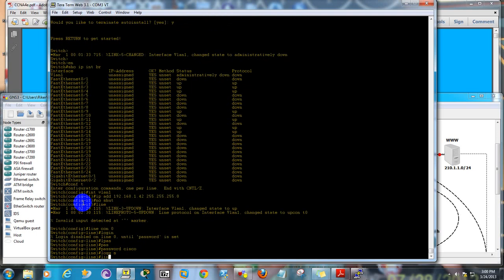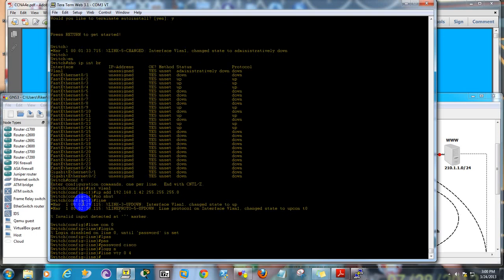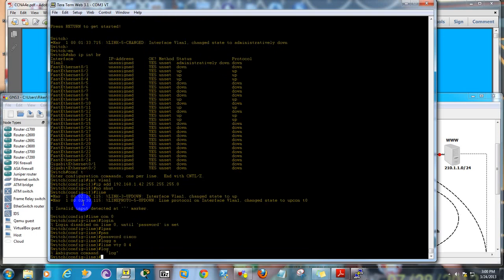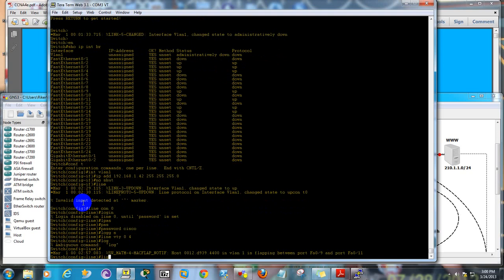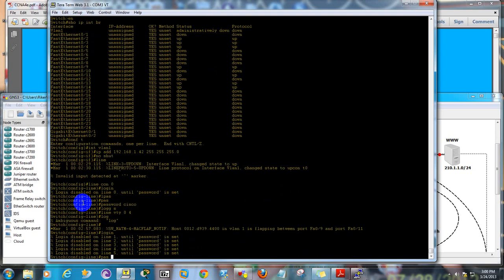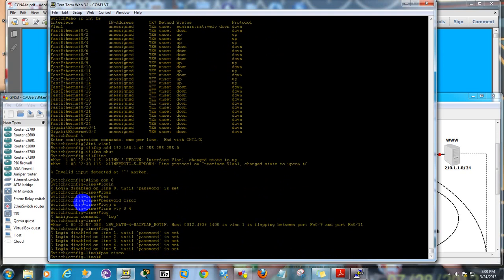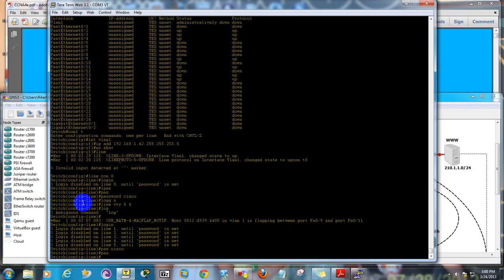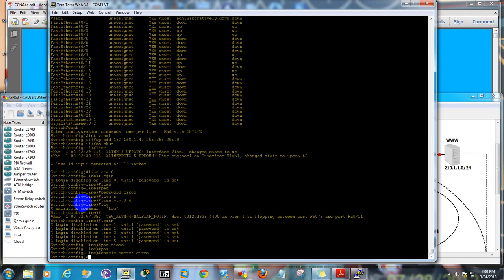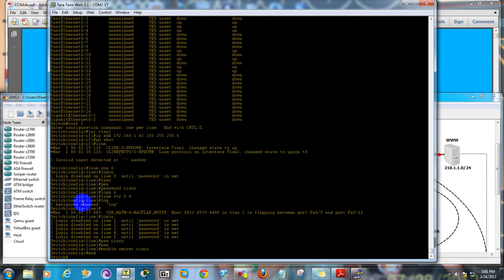So there, type in line VTY 0 space 4, type in login, and log, because I'll explain that update right there in a minute. Login and pass Cisco. As long as you put enough letters in for it to know what you're trying to say, like pass, tab, Control U to delete that last entry. And then I'm going to go enable secret Cisco. Okay. So if I do show run,